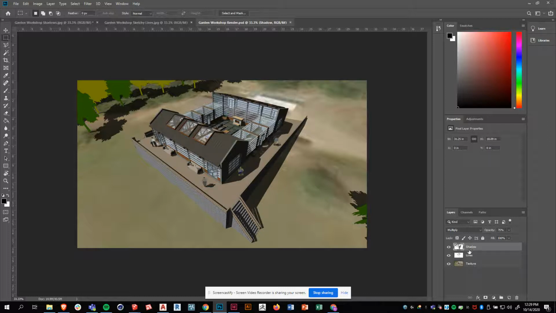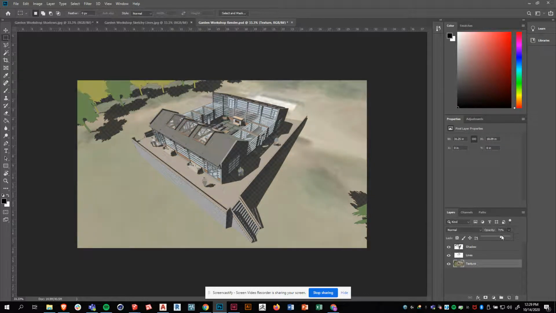in here. Now, likewise, I can tone down my texture a little bit and bring that down to say 70, something like that. And then maybe I'll crank my line work to 100. Okay, so I got nice strong line work, but I took my textures down to 70. So they're not so intense. And maybe I'll crank my shadows a little more. Okay, so I have 3 different layers in here and I have 3 different controls over